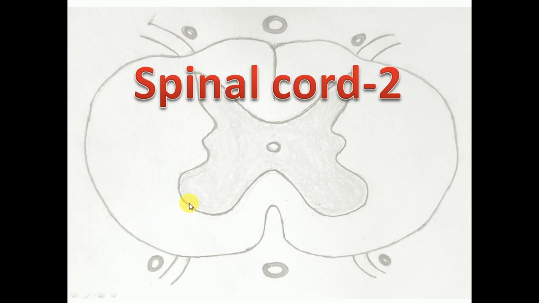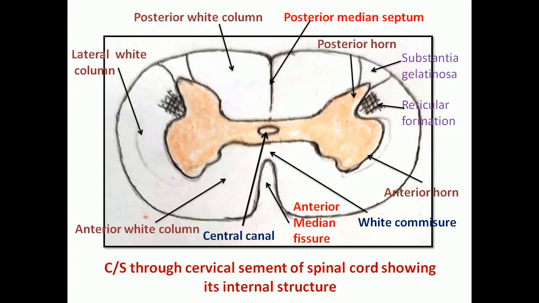That is the opposite of the feature of the central nervous system, meaning particularly the cerebral hemisphere. In the cerebral hemisphere, there is gray matter outside, then white matter inside, and again deep to this there is the presence of gray matter nuclei. While in the spinal cord, gray matter is situated centrally and white matter is situated peripherally. So this diagram shows the internal aspect of the cervical segment of the spinal cord.